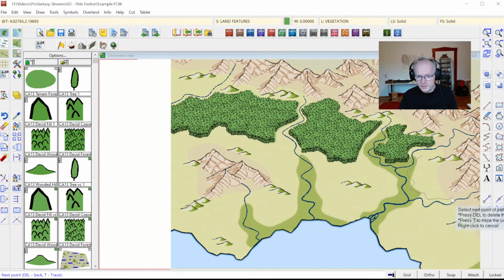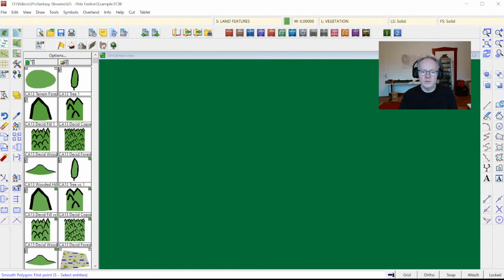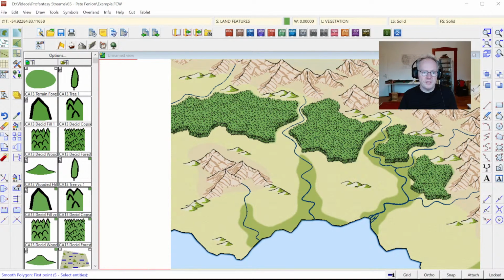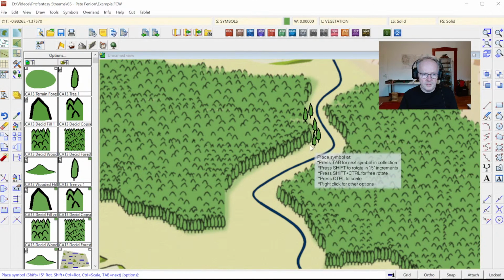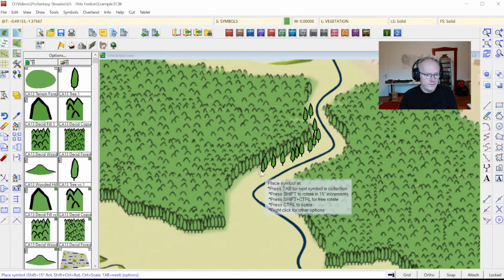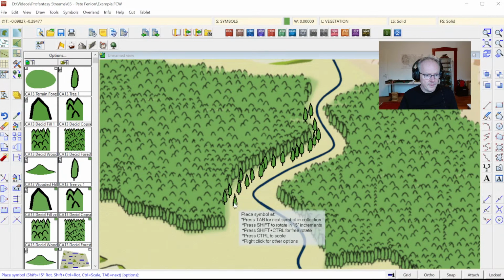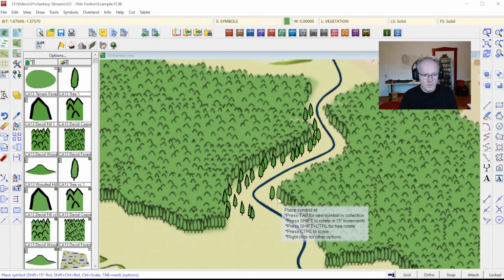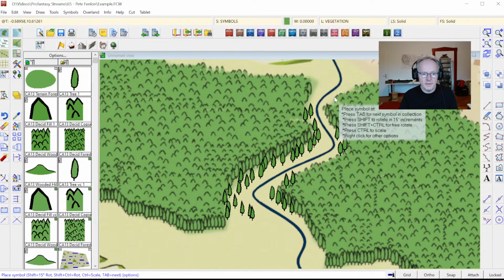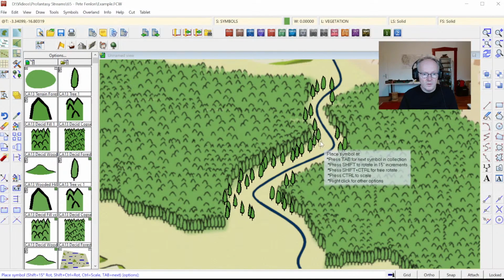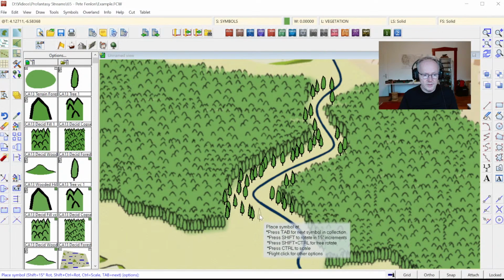So what I'm going to do instead, I'm going to draw the major part of the forest this way between the rivers, and then I'm going to grab the individual tree symbols and use these to just fill out the area here with some individual tree symbols